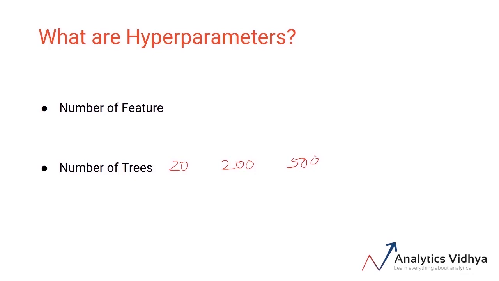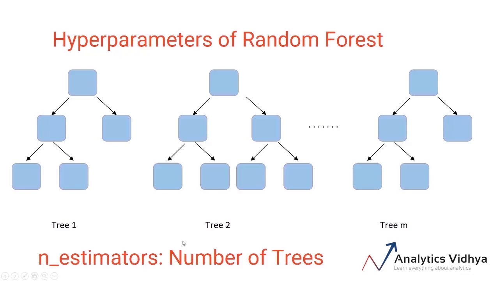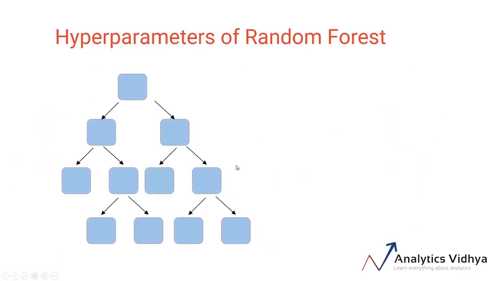Let us see what are the hyperparameters that we can tune in the random forest model. As we have already discussed, a random forest has multiple trees, and we can set the number of trees we need in the random forest. This is done using a hyperparameter n_estimators. There are multiple other hyperparameters that we can set at a tree level. So consider this one tree in the forest. Can you think of hyperparameters for this tree?